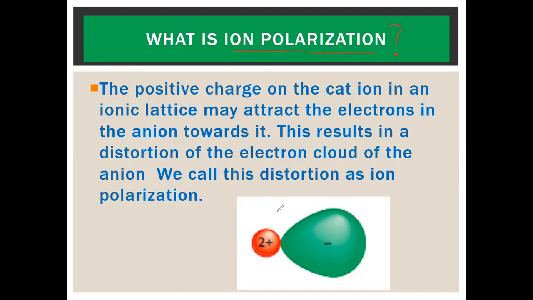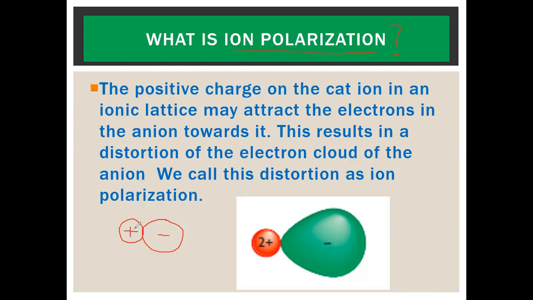From the giant ionic lattice structure, which I just showed you in the previous slide, I just pulled out one positive ion and one negative ion from there. This is a positive ion, and this guy is the negative ion. Suppose I pulled it from the giant ionic lattice just to show you how the two ions are bonded by a strong ionic bond in the ionic lattice, right?